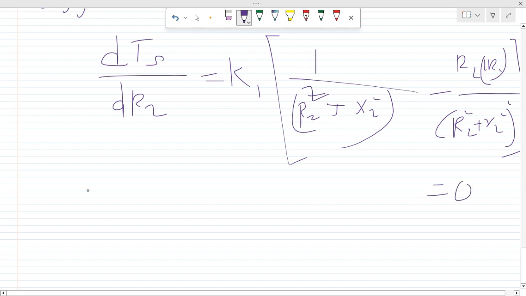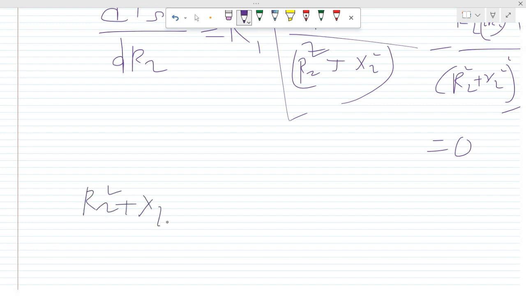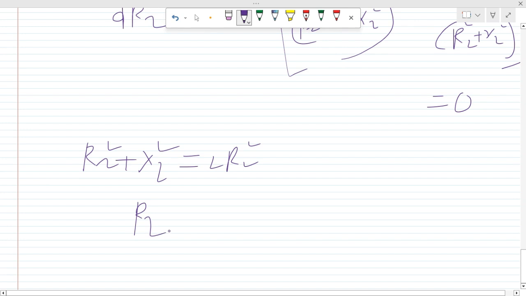This is equal to 0. This is our maximum equation. So now I can write from here that R2 square plus X2 square is equal to 2R2 square. So I can write from here R2 is equal to X2. So this is our